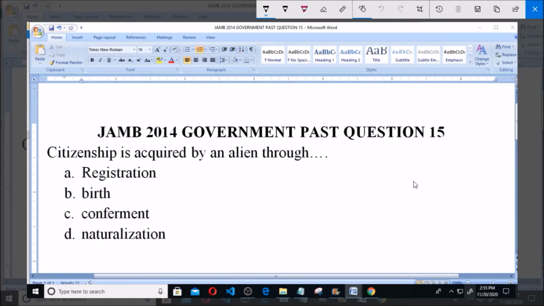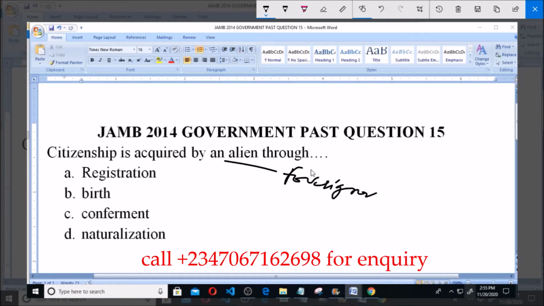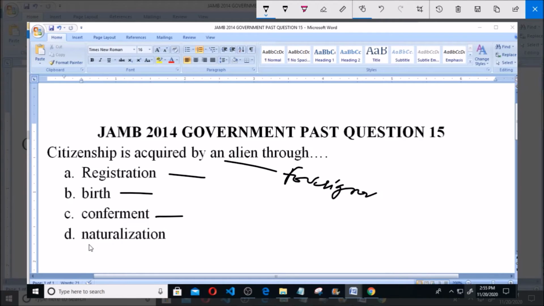2014 Government past question. Question number 15 says citizenship is acquired by an alien through dash. Citizenship is acquired by an alien is through dash. An alien means foreigner. So a citizenship that is acquired by a foreigner is called dash: A registration, B birth, C confinement, D